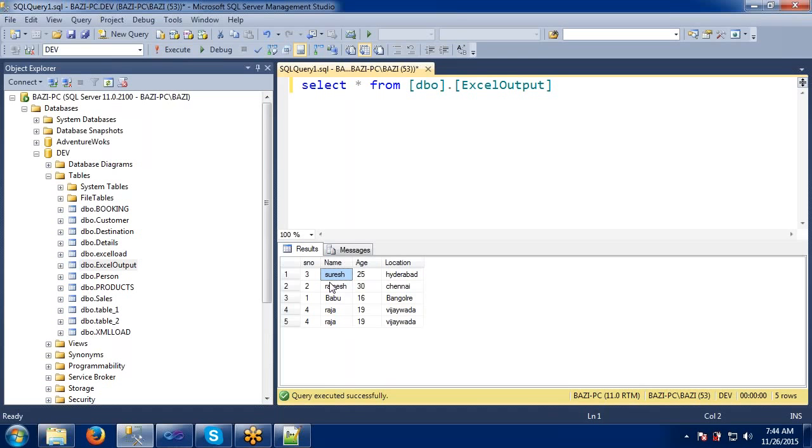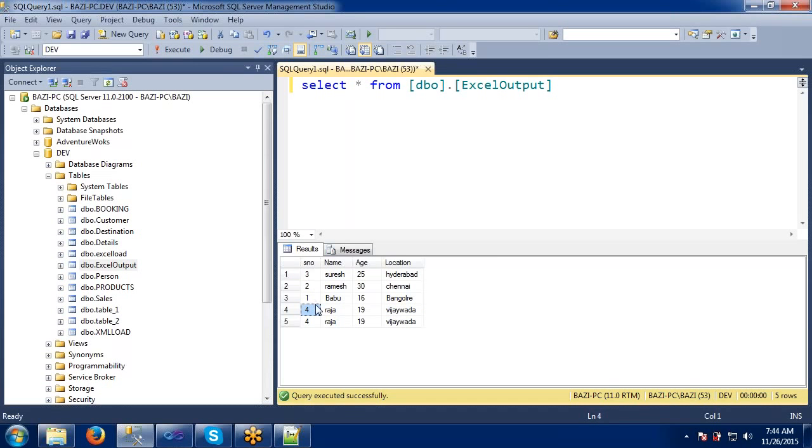On top of this, we will add one simple transformation. If you look at the data, the serial number, we have some duplicate records. Records 4 and 5 are the same, right? And it is not in order; the serial number starts with 3, 2, 1.